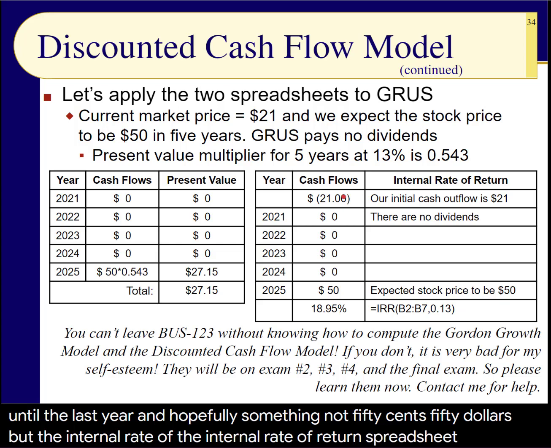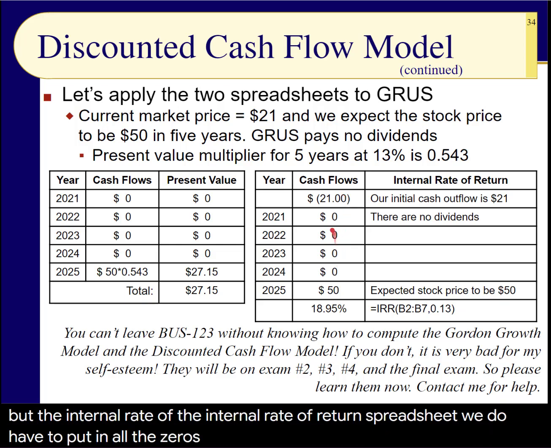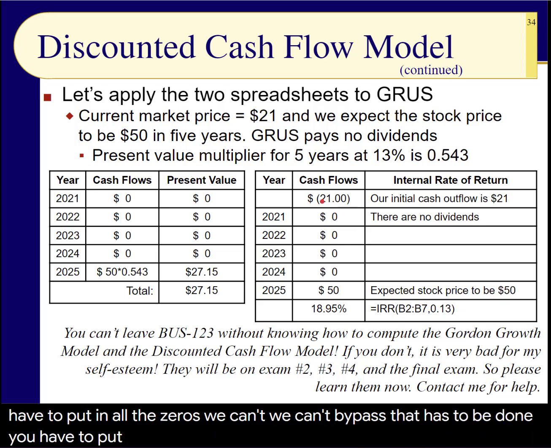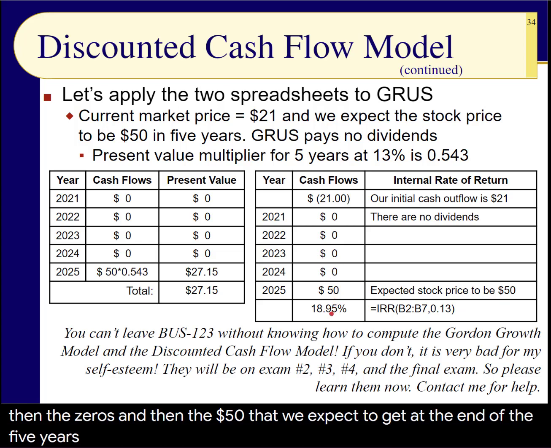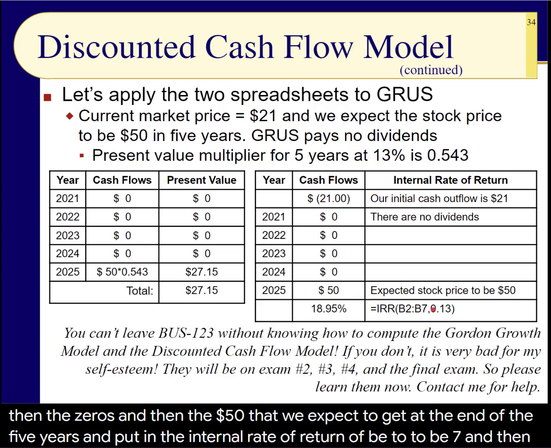return spreadsheet, we do have to put in all the zeros. We can't bypass that. It has to be done. You have to put in the initial cash outflow, how much it costs you to buy the stock, and then the zeros, and then the $50 that we expect to get at the end of the 5 years, and put in the internal rate of return of B2 to B7, and then we put in a guess